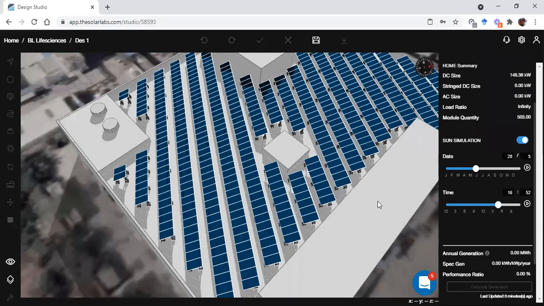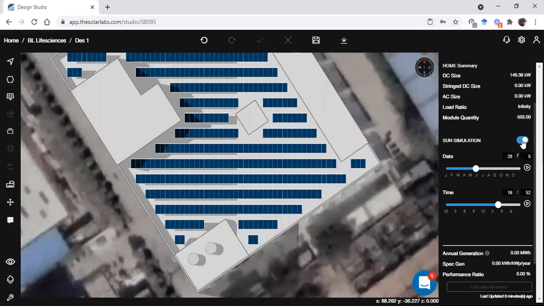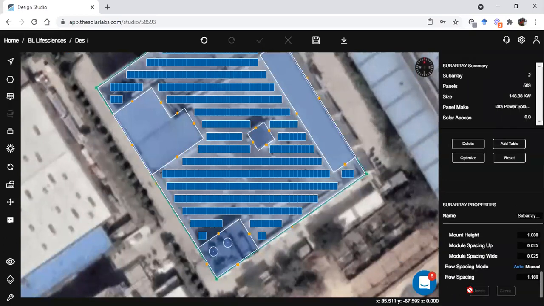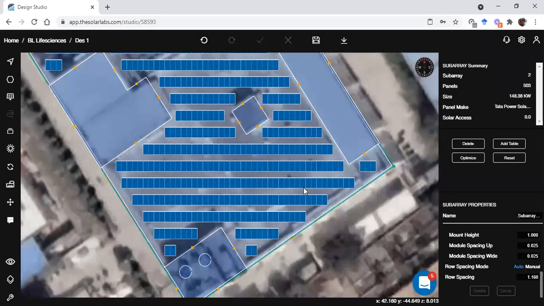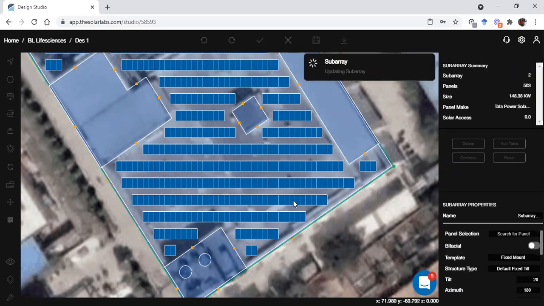But let's say if there is some effect, let me go back. Right now we are giving you a system. The software is AI based, so it will automatically detect the row spacing so that you don't have the inter row shadows. Let's say if I change this to manual, I give it as 0.8 and update it.